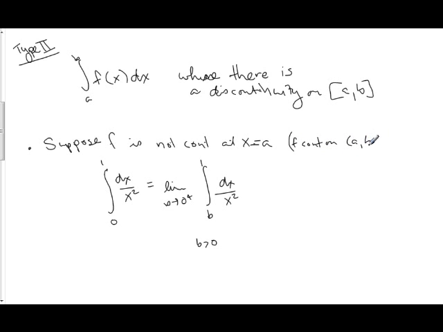Open at a and closed at b. And so if we do this, using the fundamental theorem of calculus, since it's continuous on the interval from, well, of course, I've changed my names from B to A, so this is continuous on this interval because B is bigger than 0, from B to 1. This is going to be the limit as B goes to 0 of,